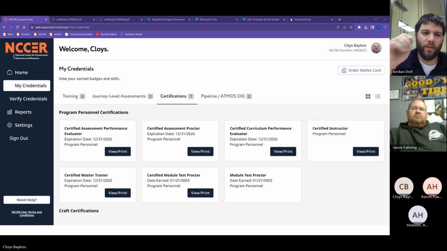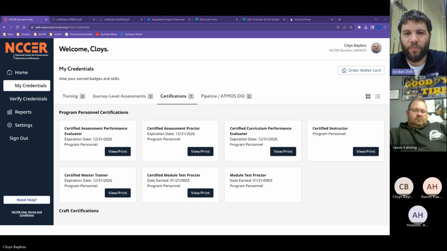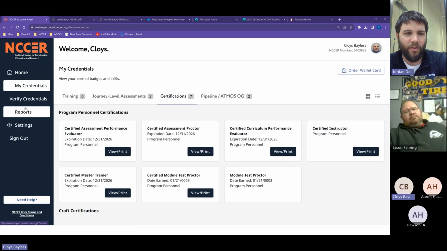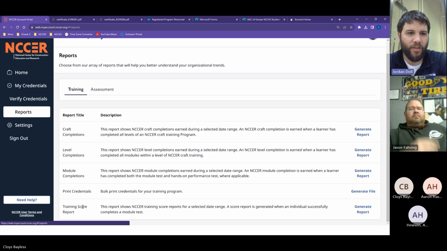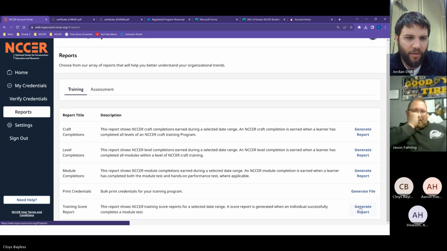Yes, sir. So I found out today, the old way of seeing who passed what and transferring all those grades. For the easiest way to see which ones students have passed, they can see the same reports thing on the left. So you go to reports, training, and then score report. Right now they only have one option if they've only done the training score report. Then generate, but you have to do that twice for some reason.